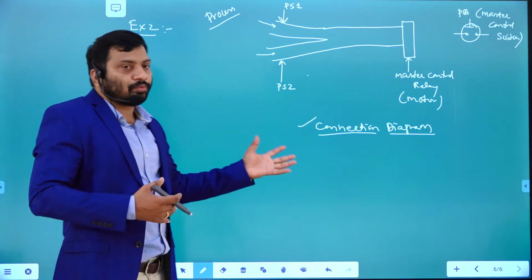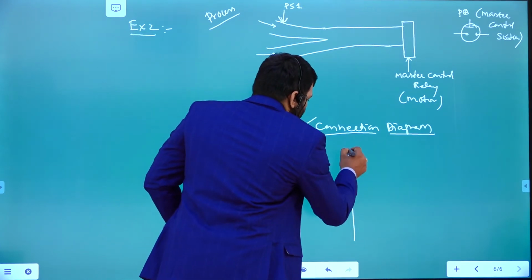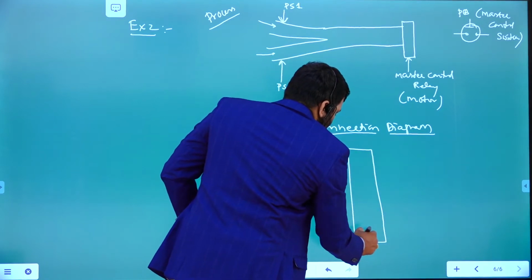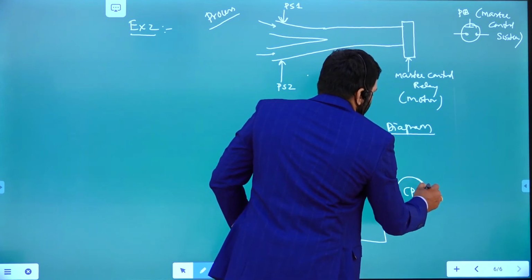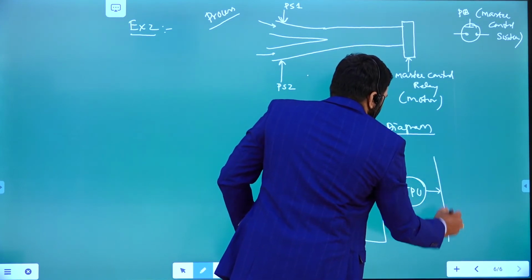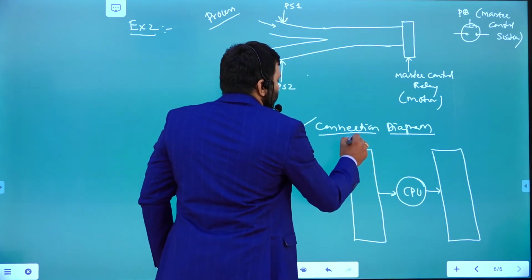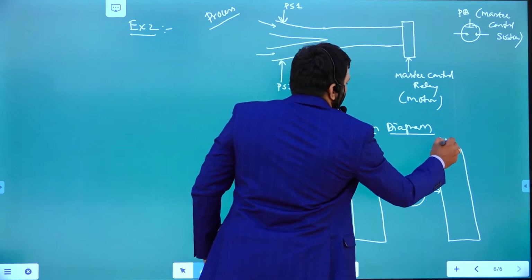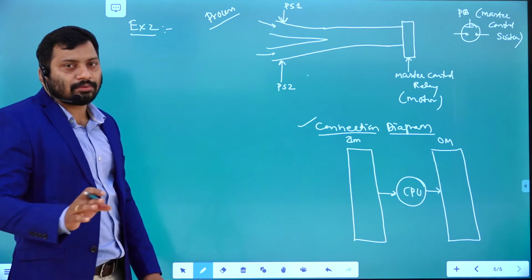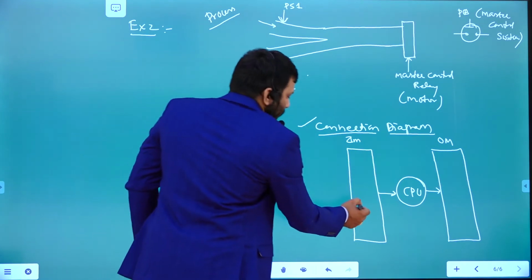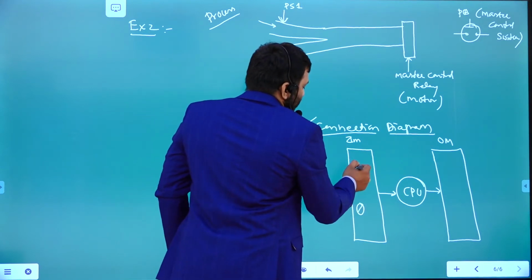For that, first you need to connect these sensors and actuators, right? So you know already this is the input module. The input module is going to connect to the CPU, and this CPU is going to be connected to the output module, right? So this one is the input module, this one is the output module. Same story, no need to discuss so many times. So consider any one terminal, right? Terminals, connect these switches and